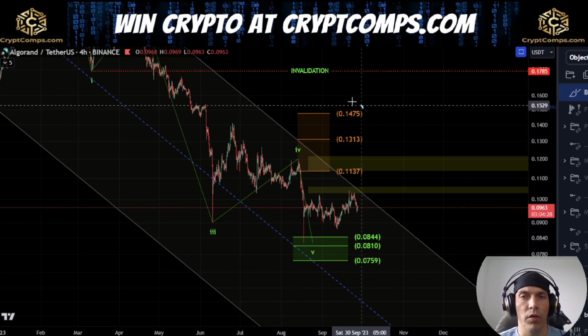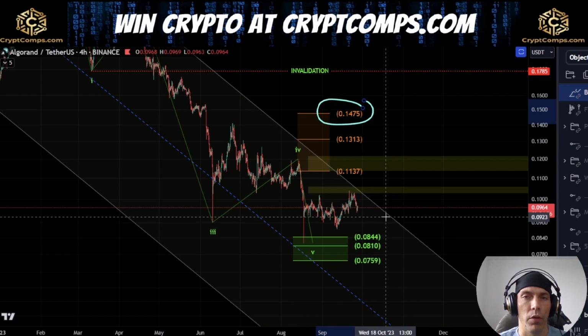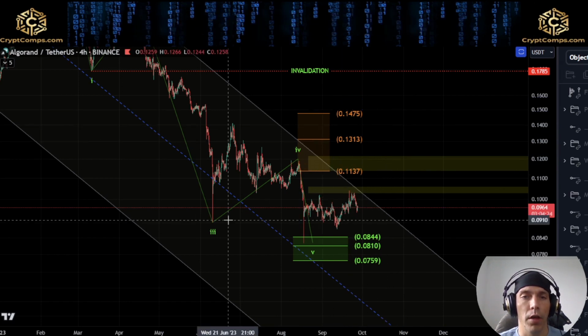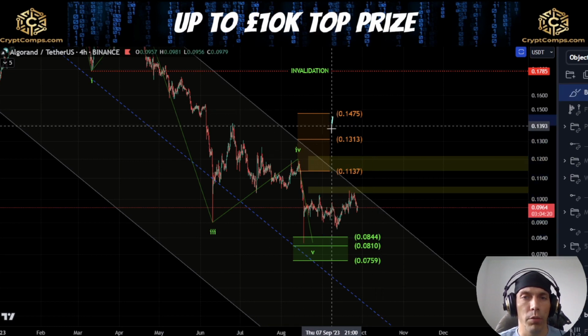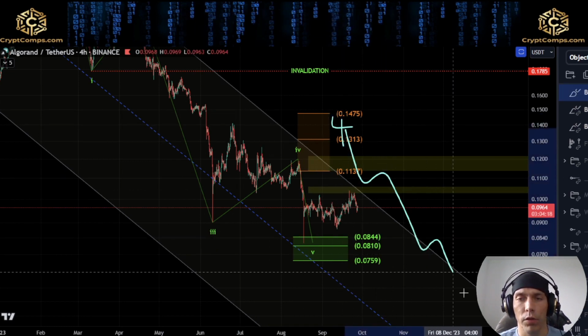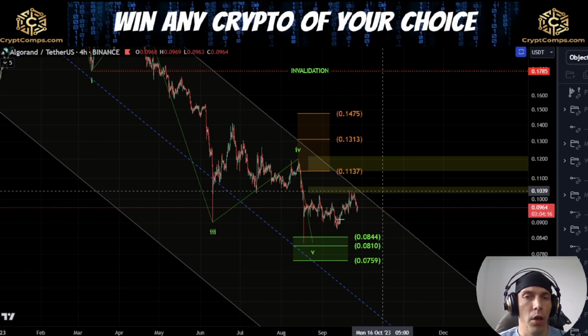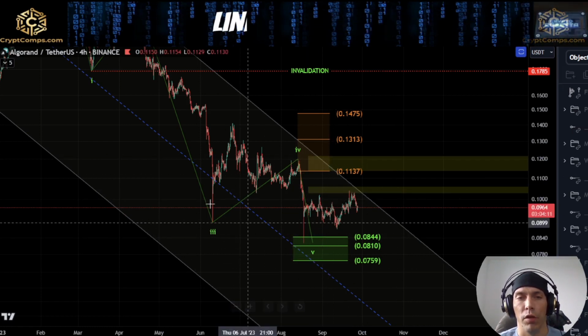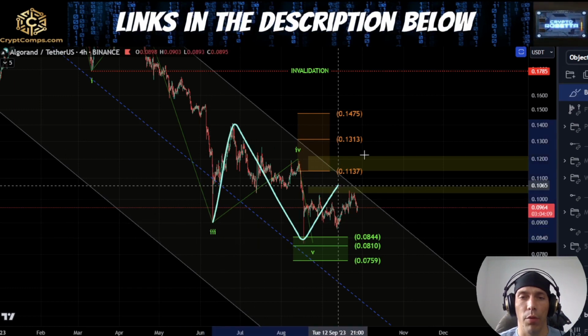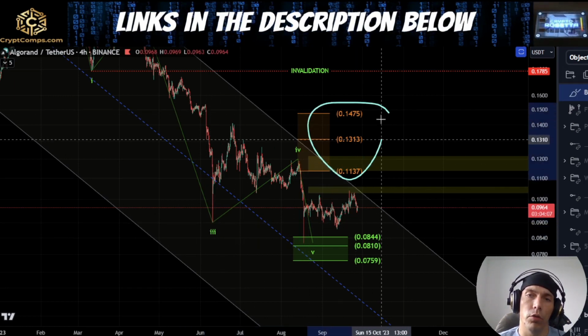Until we actually see a move above this 1475, I am going to still be on the lookout that even if we do see a push to the upside here, this could still be within that 4th wave, and then we could still see a 5-wave move to the downside. We have come down into the target level here, but this is also a target level for an overshooting B wave. So if this is something like A, B, and C, we could potentially look to push back up